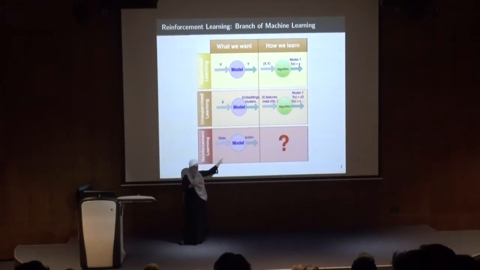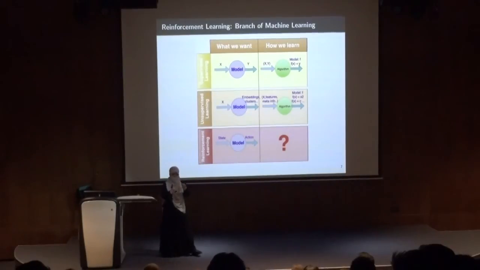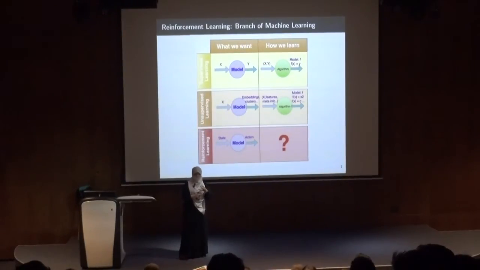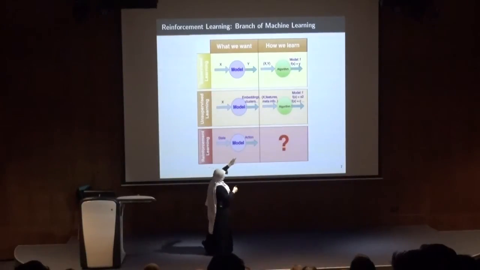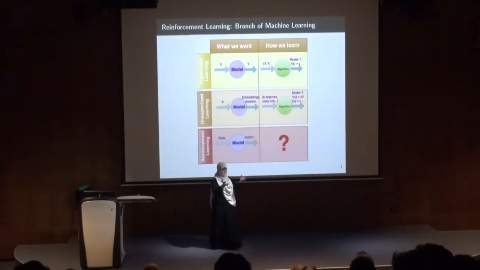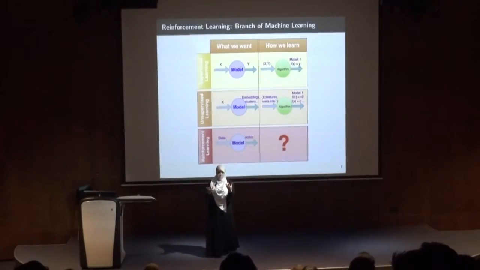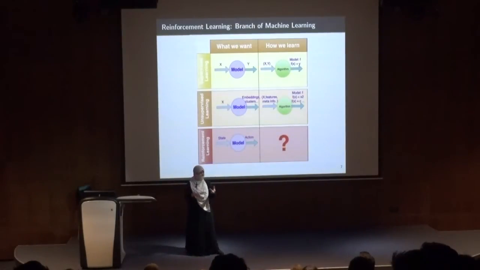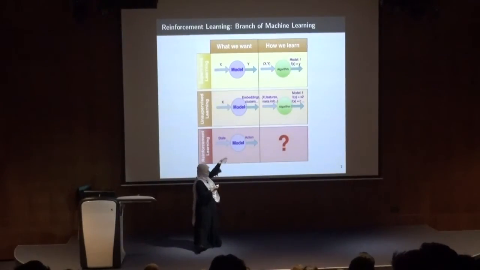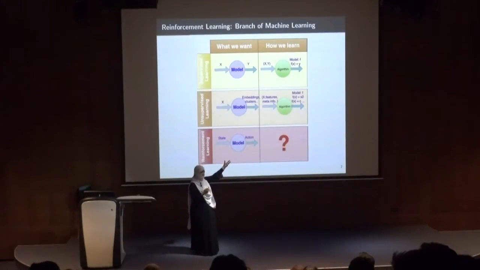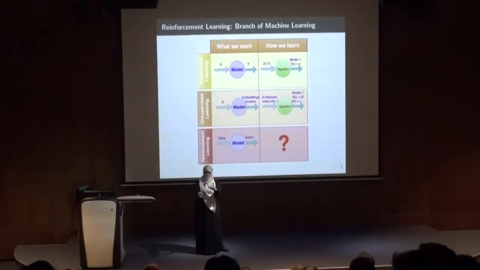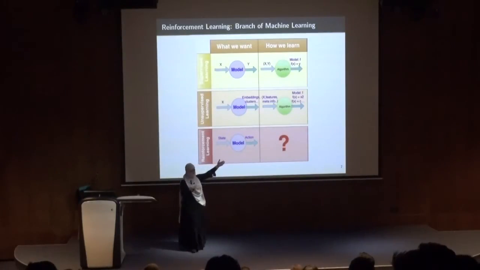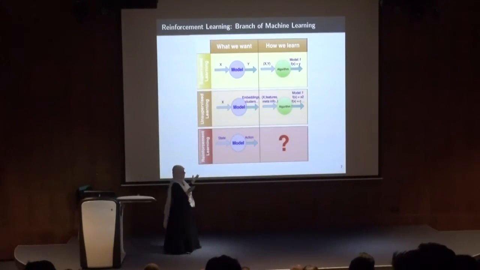However, the output is not specifically a regression or a classification problem. We could output embeddings. We could output clusters in the case of clustering algorithms. And for the learning algorithm, my input is the features or some meta information about the data that I have. And the learning algorithm will output the model f, which, given x, either outputs a new embedding x2 or outputs the cluster number in the case of clustering.